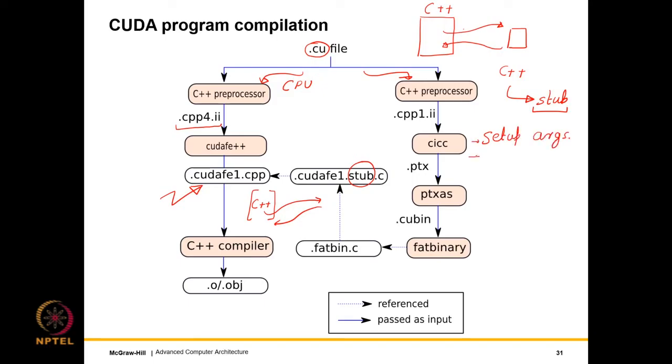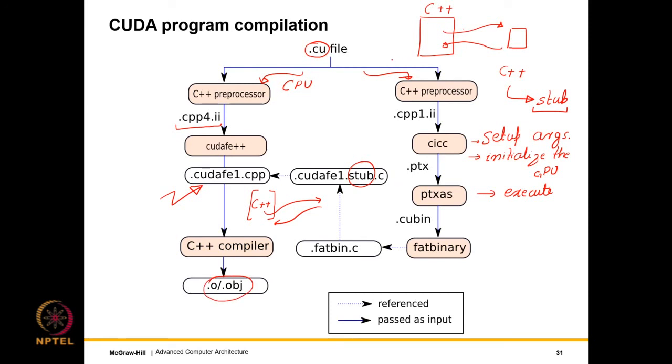Then basically set the state of the GPU, essentially initialize the GPU, send the arguments to it, and say that a new function will execute. There are a lot of commands which need to be sent to the GPU just to initialize it. Then basically execute the function, right? All of these things are managed by the stub function. And this is library code, API code, which is automatically generated. Once that is done, the C++ compiler compiles the program and we generate a .o object file.